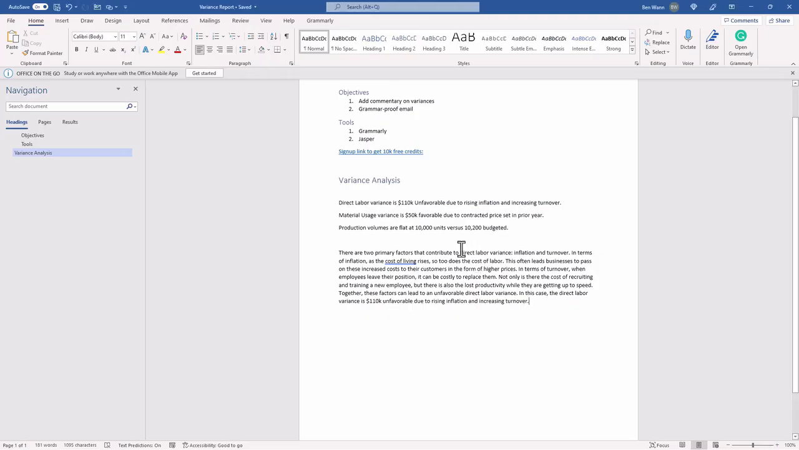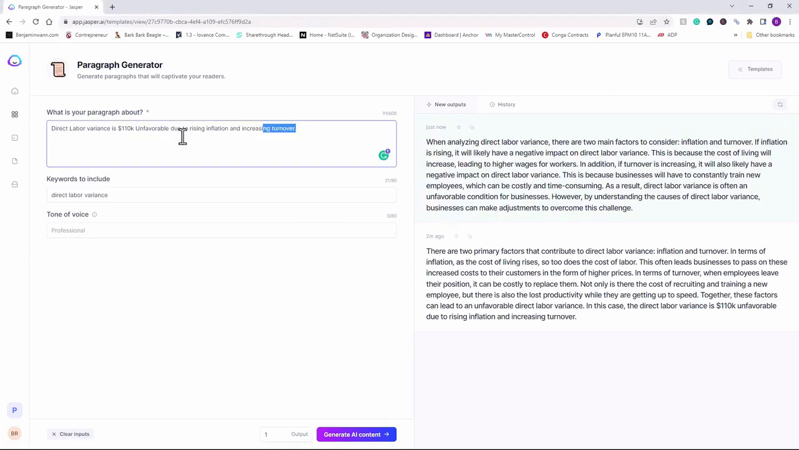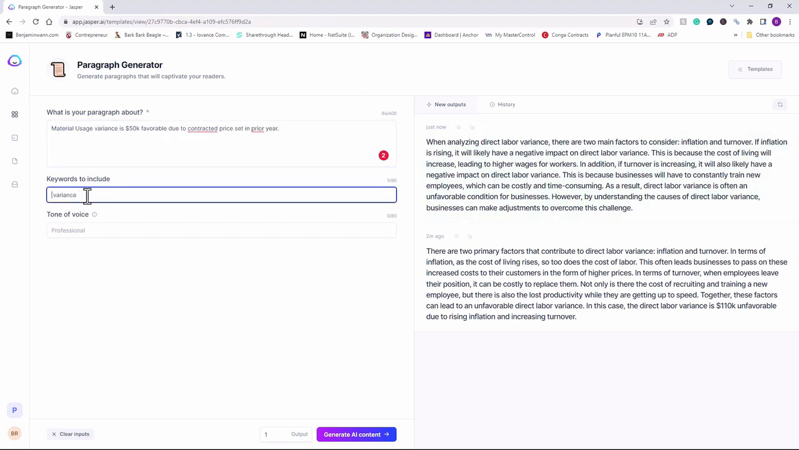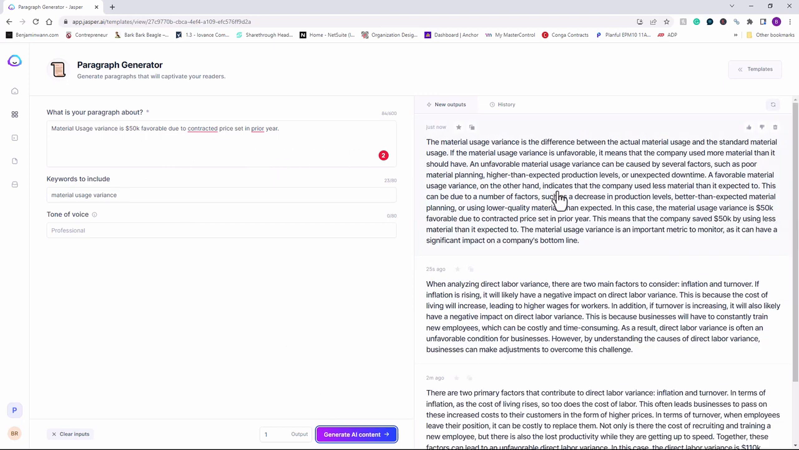We'll quickly do the next 2 here, and just make sure they make sense. Copy, and then we're going to change this to material usage variance. All right, copy, and let's see what it gives us. This takes a minute, and here we go. We have a whole paragraph here, and we can just quickly read through it, see if it makes sense. Looks good to me. So I'm going to hit thumbs up, copy, go back